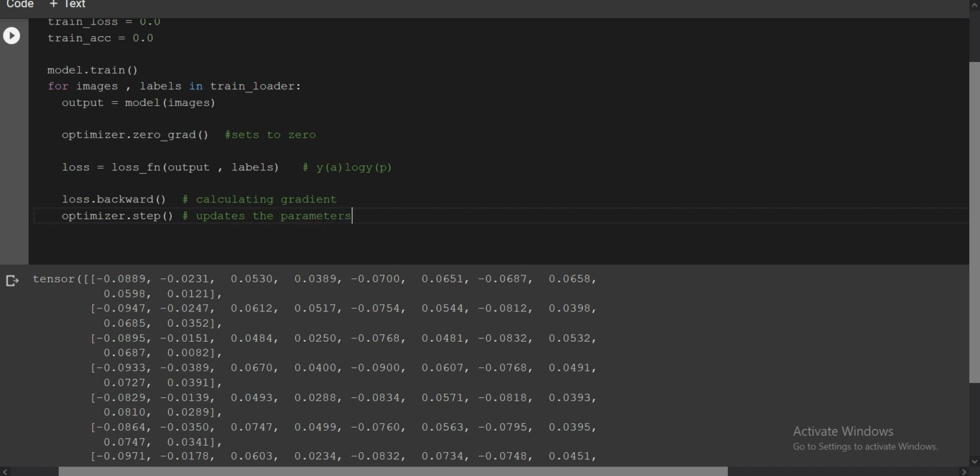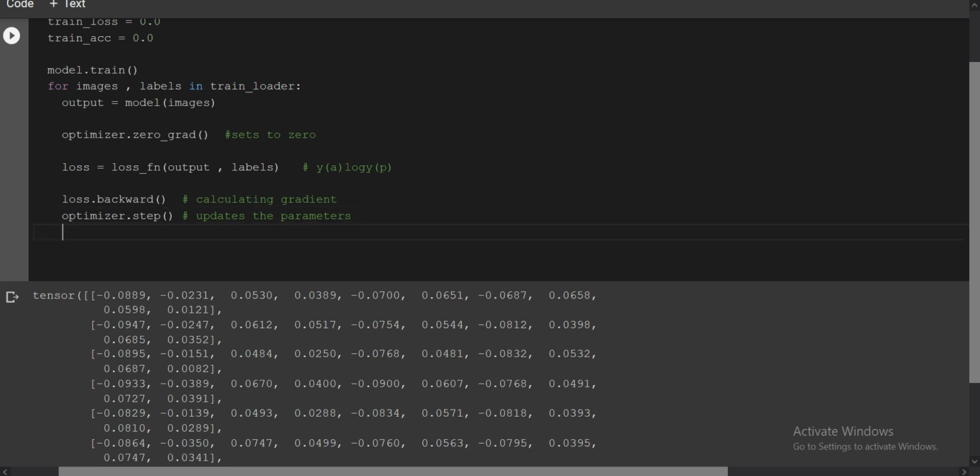Basically you are calculating the gradient, and then you are saying to update all the parameters using that gradient, so that you minimize the loss function. That's why you are telling the model to backpropagate after the loss calculation and calculate the gradient, and the step is updating all the trainable parameters. So this was basically the loss.